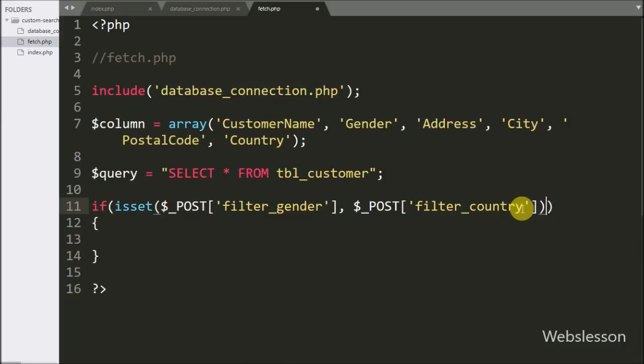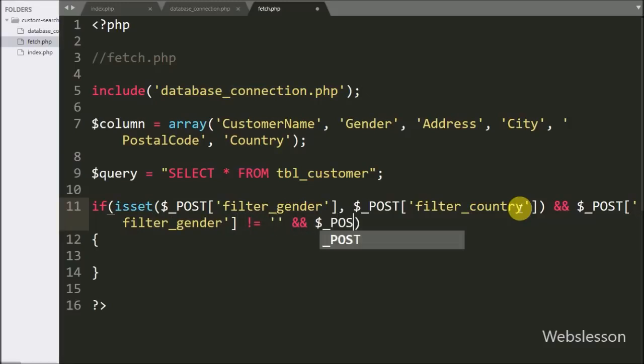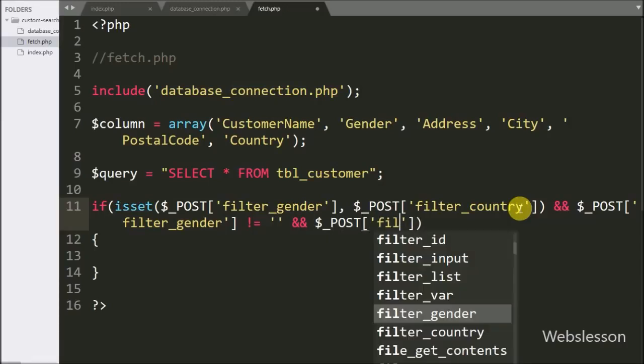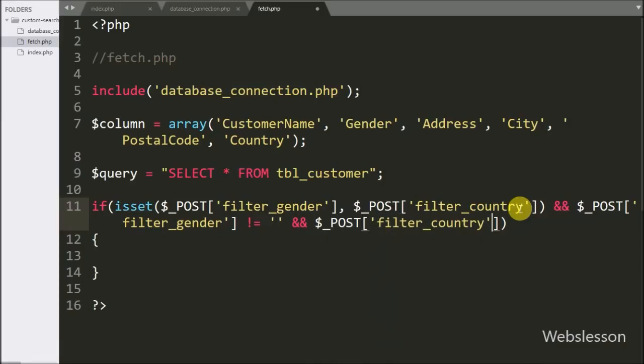Then after we have write an operator and write $_POST filter_gender variable not equal to blank and $_POST filter_country variable value is not equal to blank. This condition will check both variable has some value, then it will execute if block of code. Suppose above condition true, then it will execute if block of code, and under this block we have write $query